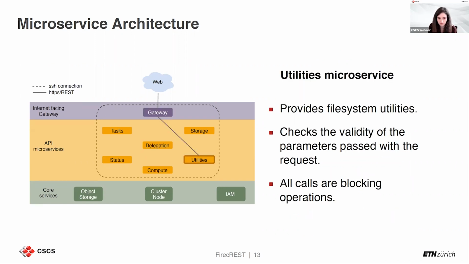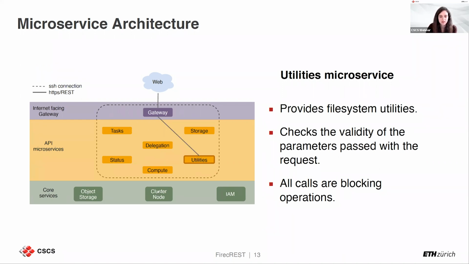The gateway will forward the request to the utilities microservice in this case, because we want to list the files in a directory. The utilities microservice, as I say here, provides file system utilities. This could be listing a directory, uploading some small file, some job script, or removing a file, things that can be done very quickly. In our case, this microservice will check the validity of the parameters passed with the request, and then in order to